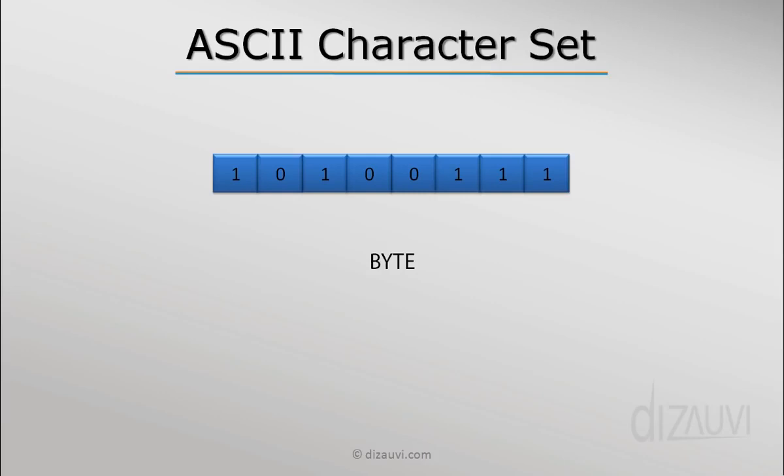At least that's what the perception would be. So let's see how we can represent non-numeric data in a computer, and in this tutorial series we'll talk about how to represent characters in a computer. And in this first part we learn about the ASCII character set. This ASCII, which stands for American Standard Code for Information Interchange, is pronounced as ASCII.